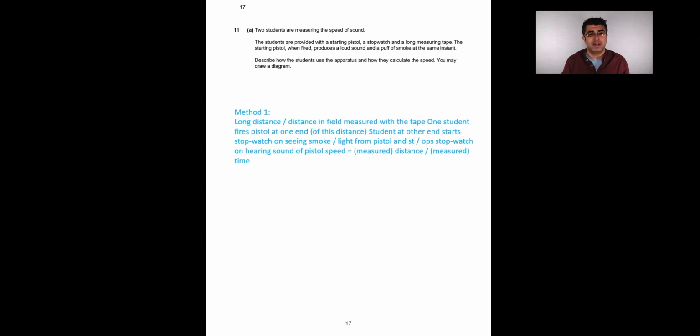Now I would recommend a diagram here. What you want is maybe a picture of the pistol, a double-headed arrow showing the distance, and at the other side a stopwatch. And then what happens is when the person fires the pistol, the person with the stopwatch will see the puff of smoke, start the stopwatch and then hear the sound and stop it. You've used the measuring tape to measure the distance. You've already got the time, and then by doing speed equals distance divided by time, you can find the speed